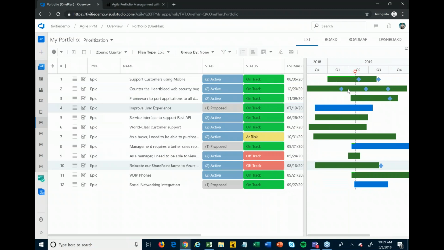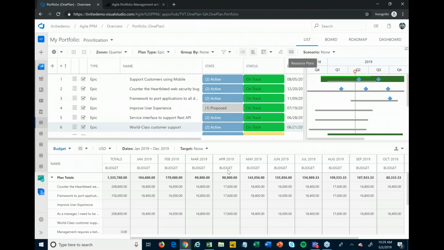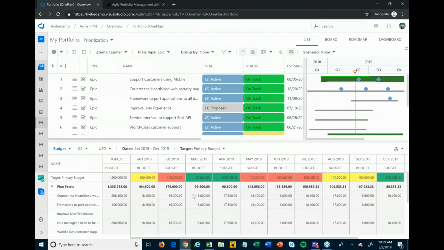But the problem is if we do all these things at the times people are asking them to be done, we may have some issues. We might have some constraint issues. Specifically, we might have financial budget problems and or resource problems. And so what I can overlay on top of this down below here is a financial view. If we were to do all of these projects, and I can create a target, which is basically a budget. So let's say this was for my IT department as a whole, and I only have, in this case, $100,000